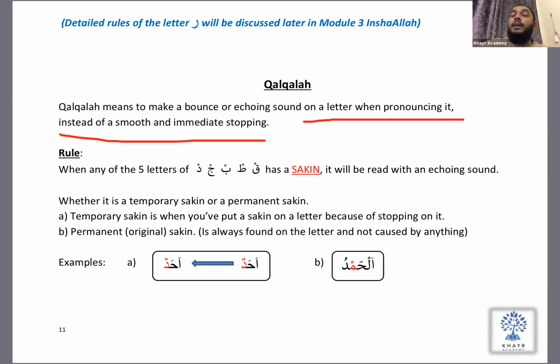So that's what qalqala is. You don't do qalqala on every letter, you only do it on 5 letters. Those 5 letters are mentioned here. Qaf is the first one. Ta is the other one. Ba, Jim, Dal. Qaf, Ta, Ba, Jim, Dal. I want everyone to memorize these letters. I'm going to ask you inshallah next week. And I'm going to tell everyone to find an example from the Quran, and you can just write it down in your notebook, on a piece of paper.